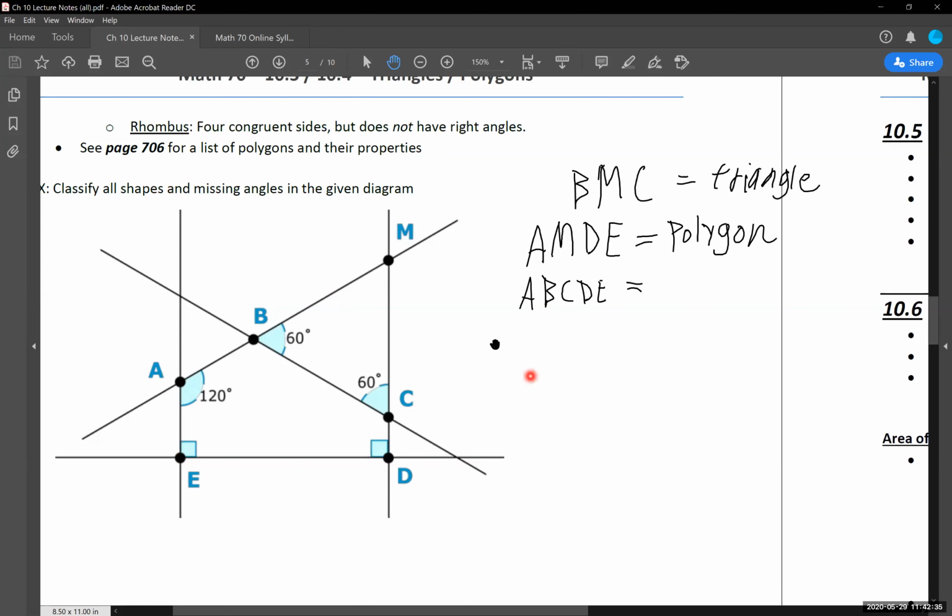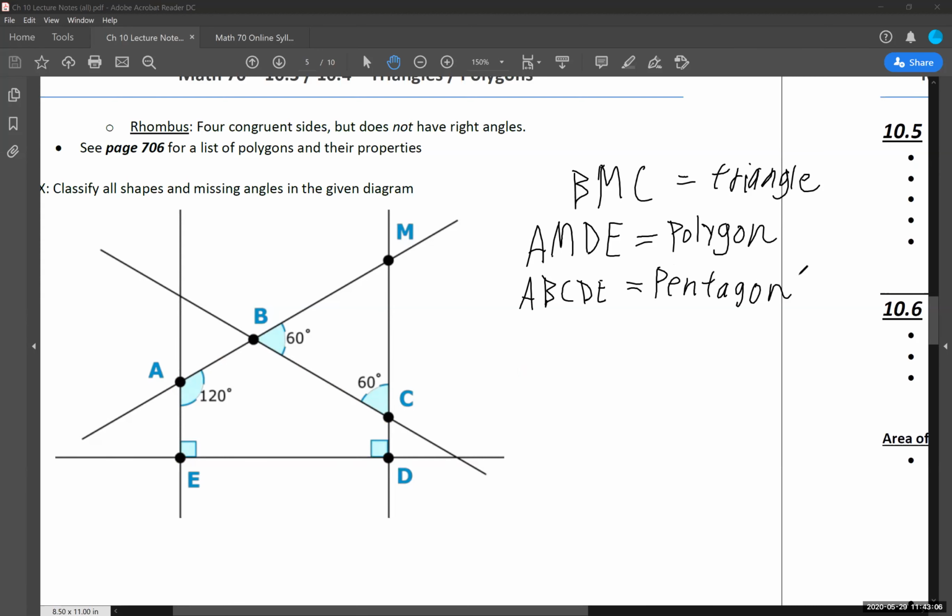And if we were to take a look at that list that we have on there, we would find that this thing meets the bare minimum qualifications for being classified as a pentagon. I think there might be a couple subtypes of pentagons in there, but I don't believe we have any other additional information that we need to classify it beyond that point. So what shape is created from points A, B, C, D, E? It's just going to be a pentagon. And that's all that we would do there. So those would be the 3 shapes that I could ask you about. Those are the 3 types of answers that we could have.